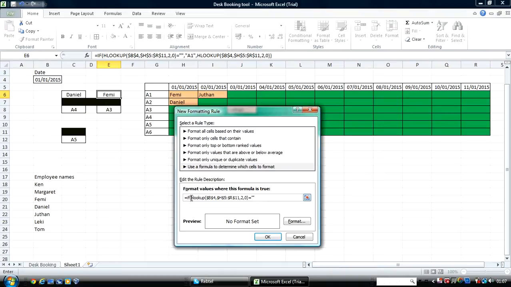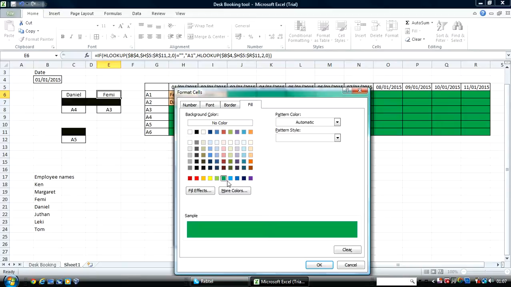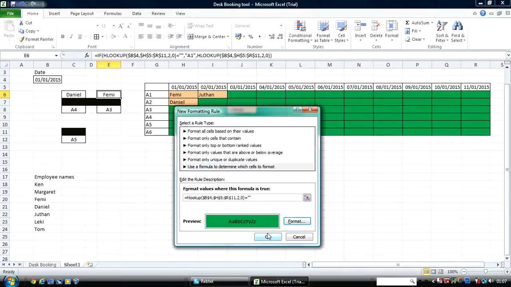Sorry, I don't need to do this. HLOOKUP. So what this is saying is, if it looks at this date against this, and it pulls up the first value. If it is null, then I'm going to format it green. Okay,